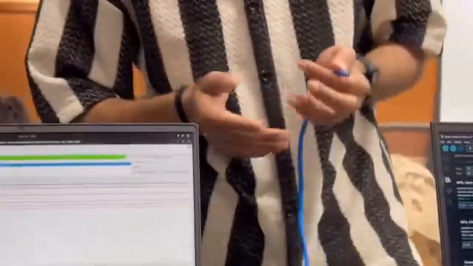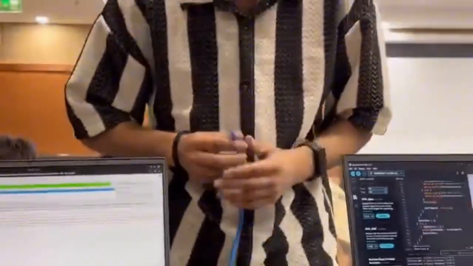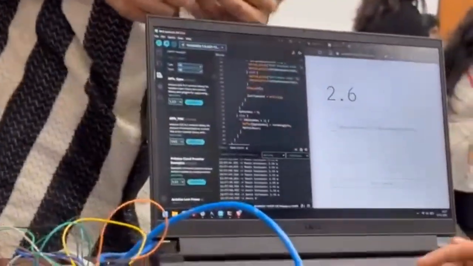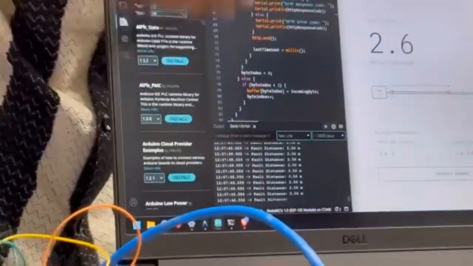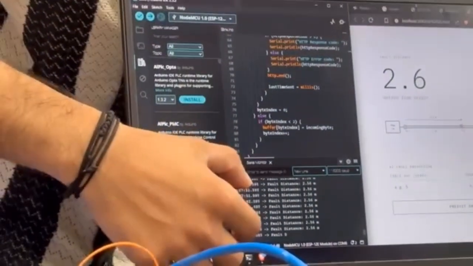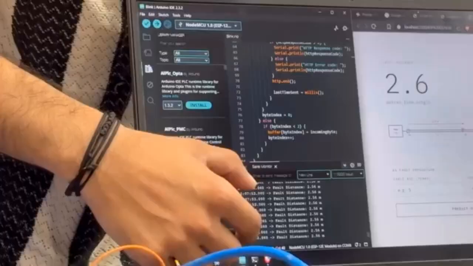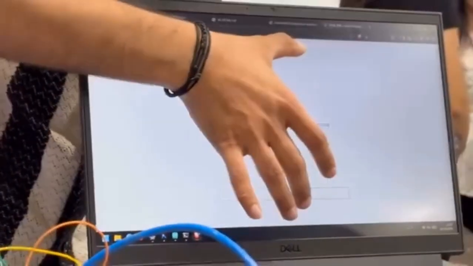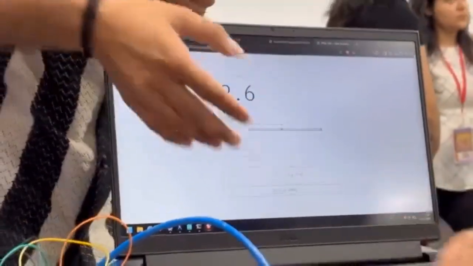So it's an error of around 34 centimeters, and this is our web server. The terminal is receiving the data from the ESP, and this is our web server, which is based on JavaScript